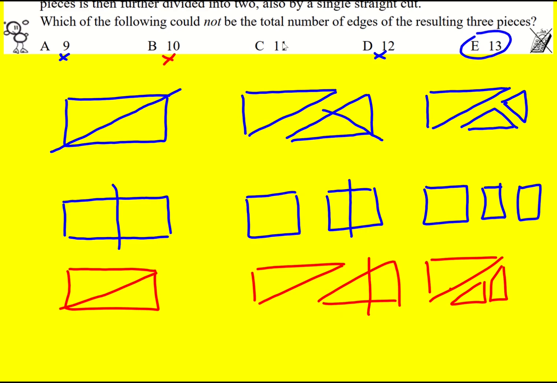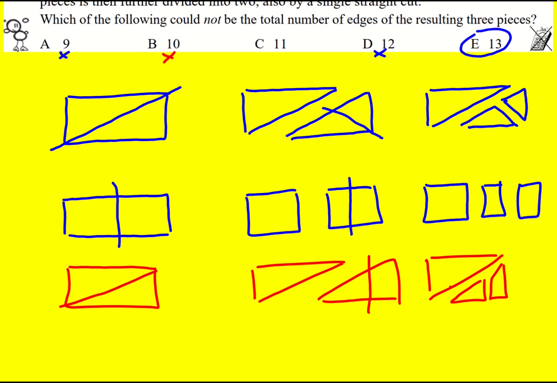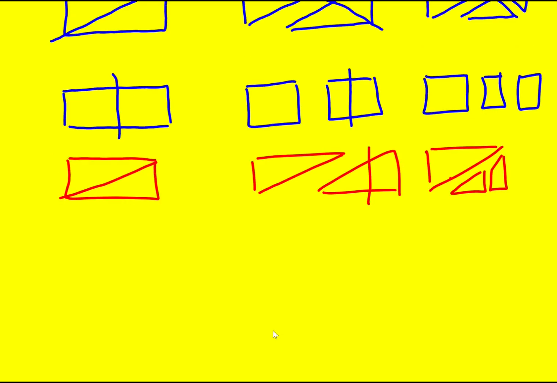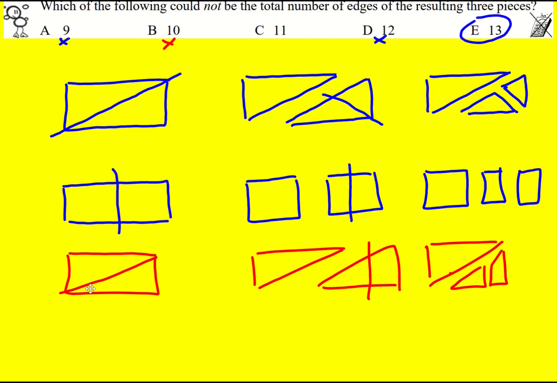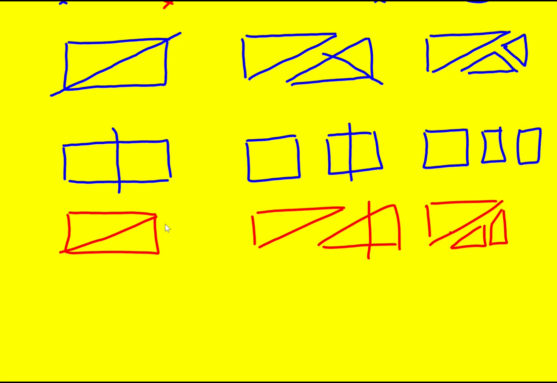And finally, how can I get 11? Well, I'm going to now follow the process of trying to get the most, because you can see when I did this first bit, I got 6. When I did this first bit, I got 8. So I got two more. So if I now cut it in half at the start,